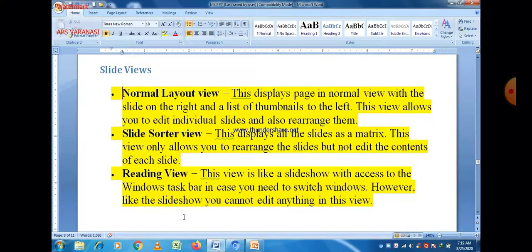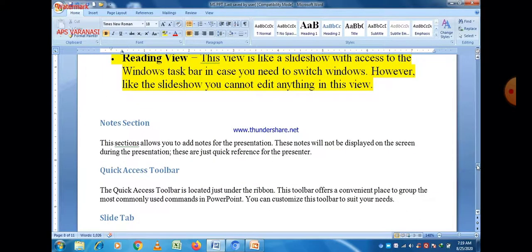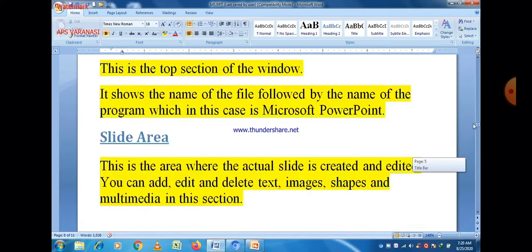Sometimes it is asked what the different views available in PowerPoint presentations are. These are the three different views: normal layout view, slide sorter view, and reading view. We can arrange the slides in both normal layout view and slide sorter view, but we can edit only in normal layout view.